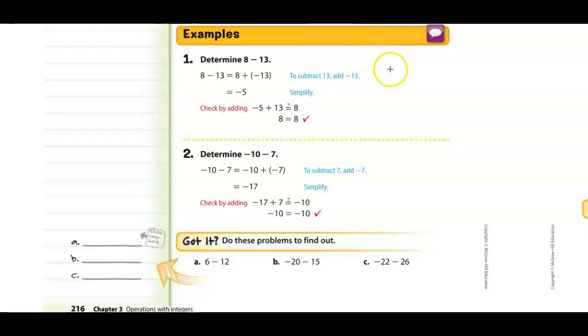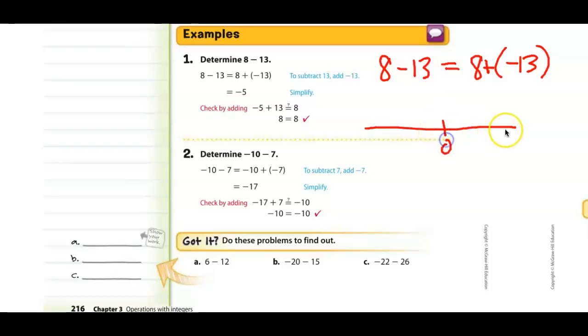So if I have the expression 8, let's try this again, 8 minus positive 13, that is equivalent to 8 plus... The opposite of subtraction is addition, and I'm going to add the opposite of positive 13. I'm going to add a negative 13. Okay, so on a number line,